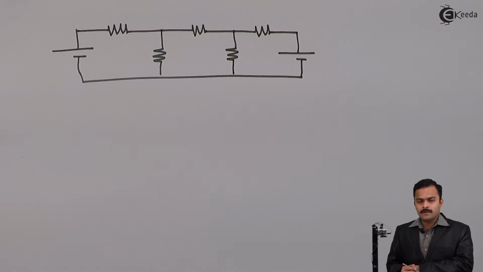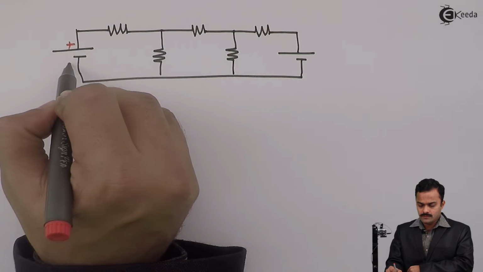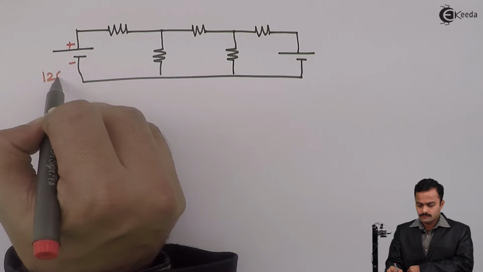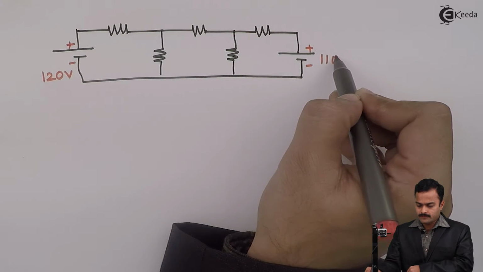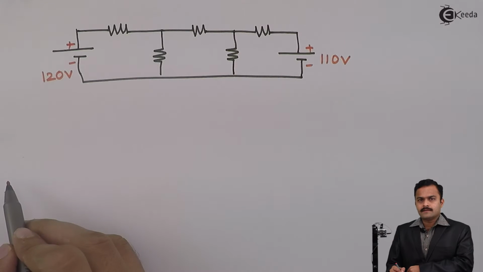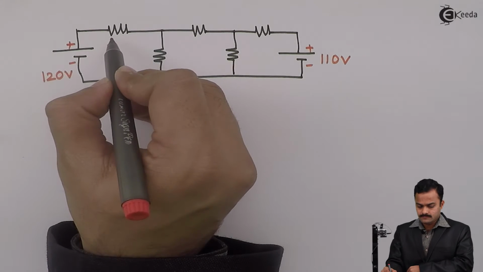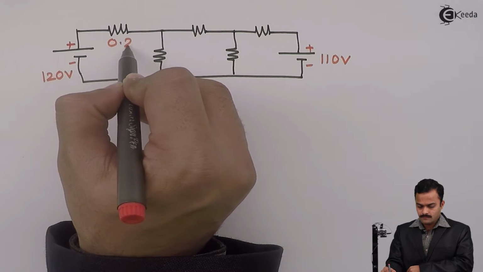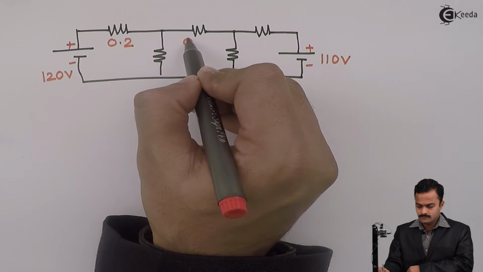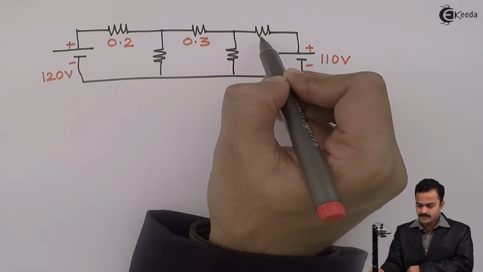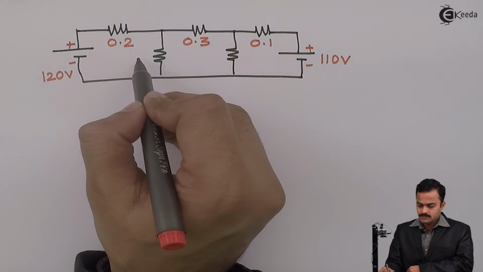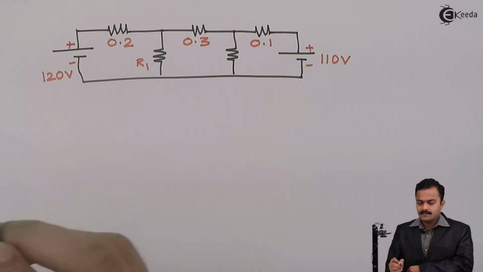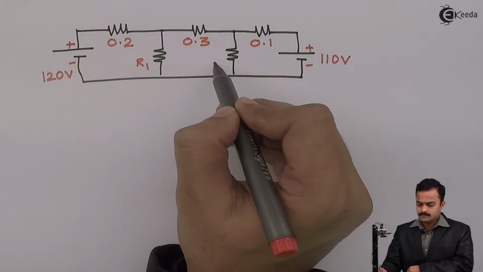So I have taken a numerical having two voltage sources of value 120 volt and 110 volt, and resistances are given: 0.2, 0.3, 0.1. I consider this is R1